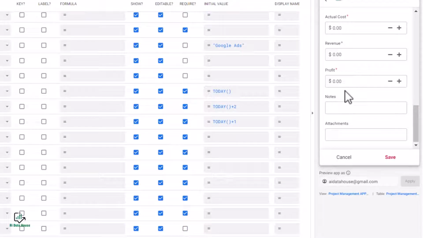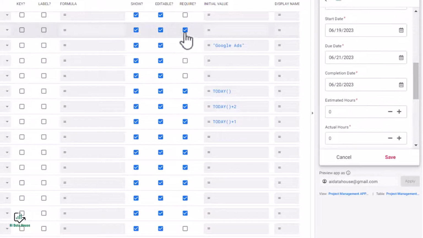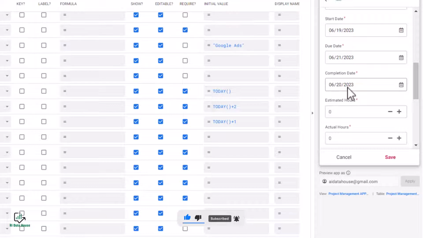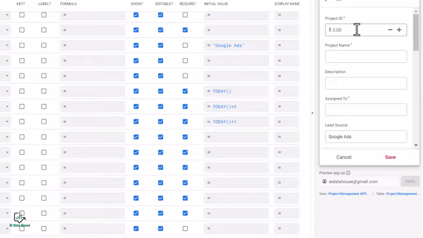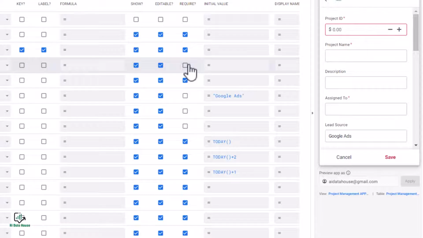This is very important for user experience: only add the checkbox for those fields that are particularly required, that are required for lookups, for multiple data segregations or sorting, and don't require unnecessary fields, so that the user can save the information without adding random values in all of those fields. But you cannot make the project ID unrequired. Project ID is always required because that is what is used in AppSheet at the back end to differentiate between multiple entries.